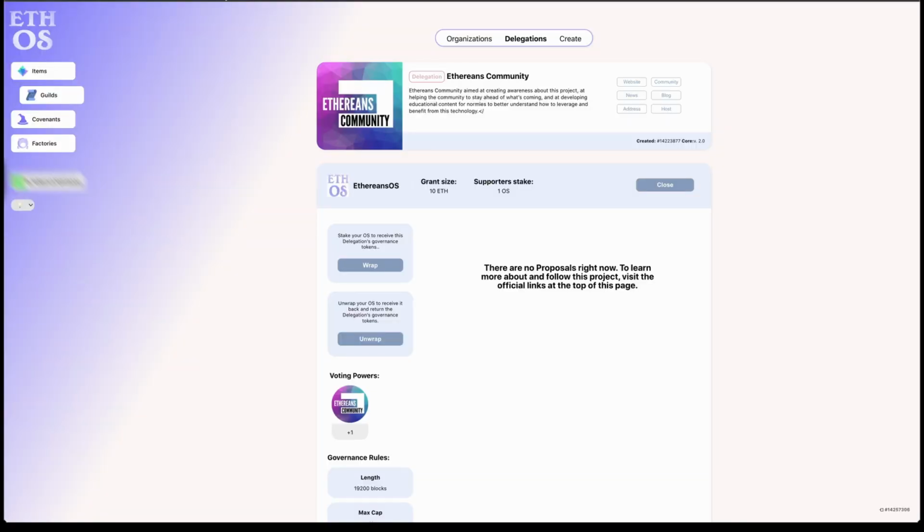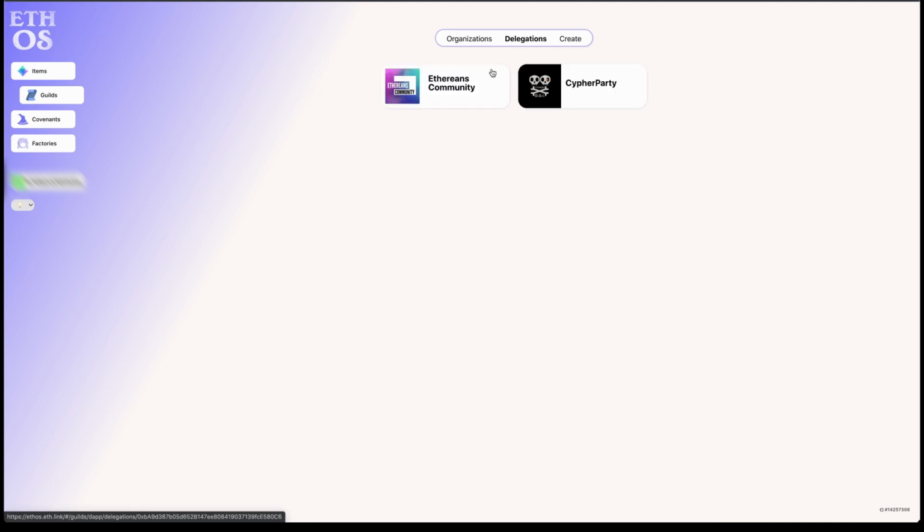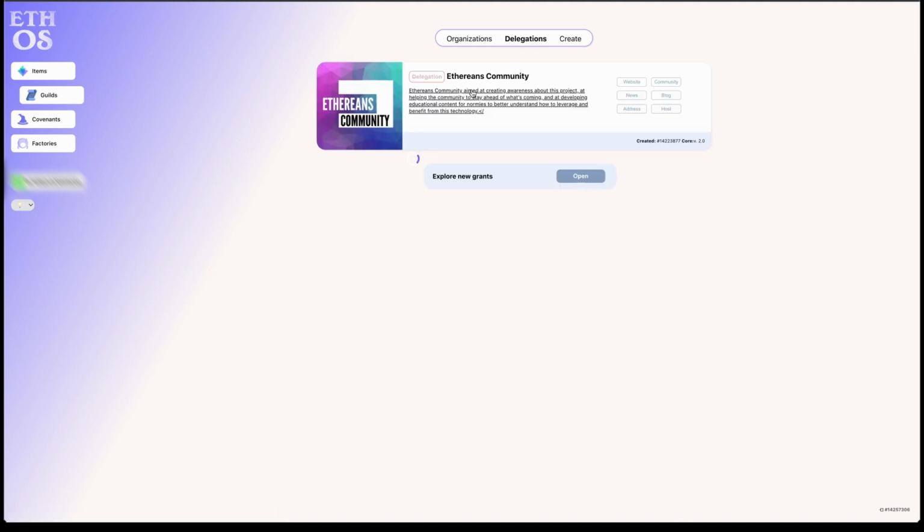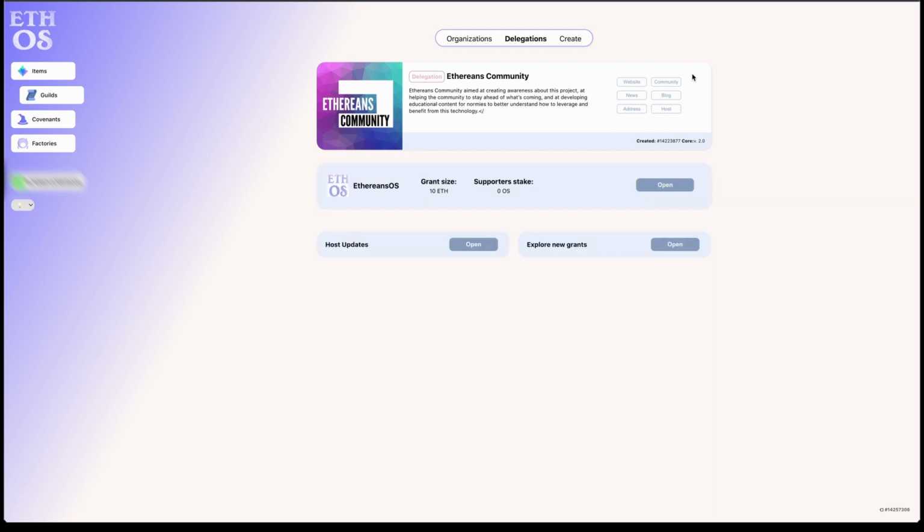Once you do that, you're gonna go straight into the guilds tab on the left hand side, and then subsequently click on delegations in the top, and that's gonna give you basically a list of the 2 delegations that have been approved so far. As you can see here, you can click on ETHEREANS community for the purpose of this video. And that will open up our page where you can see a little bit of information about what we are doing. You can see already the 10 Ethereum grant that we have been secured as part of the approval